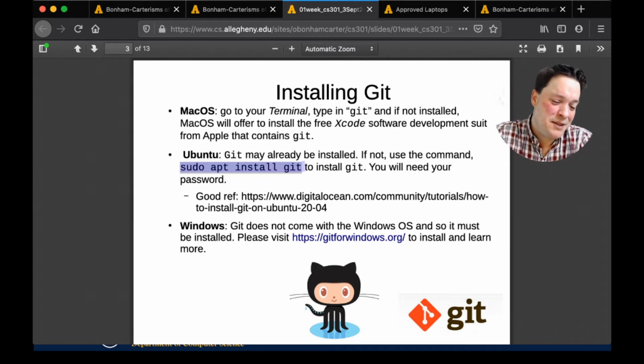But all of these machines don't install software unless, of course, you OK it, and that's because it could be a virus or something. So they want to make sure that you know what you're doing. But in this case, though, sudo apt install Git is good enough. That's how you'd install your Git.